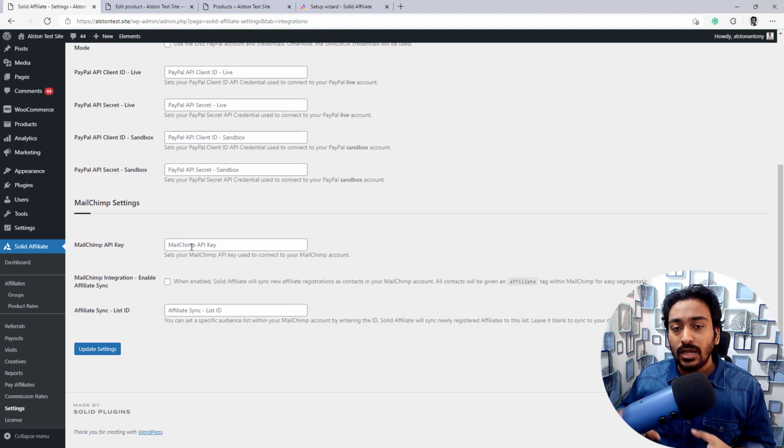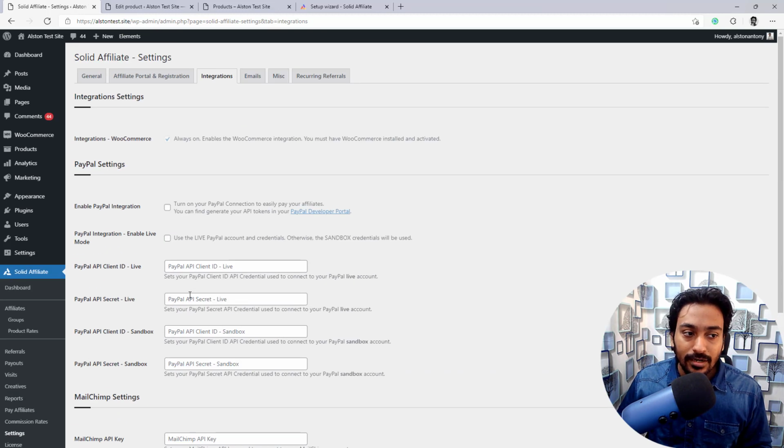Ideally I want to use other platforms, or something like webhooks, to use my own email marketing application, which is currently on their roadmap, either using Zapier or another popular one. I do wish they will get this added sooner so we can keep our affiliates informed with affiliate-specific newsletters and information. But if you want to use MailChimp, you can use this option here to set up your list and sync it with your mail list.